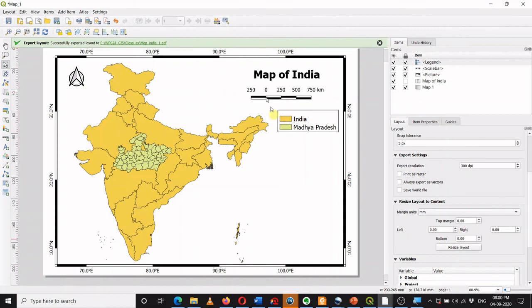The lines which you see are the grids, and the border you see is the grid frame. There are several options available by which you can modify the grid and grid frame. You can explore on your own. And also we have seen how we can lock the content, or make the content of this layout visible or invisible. Thank you.